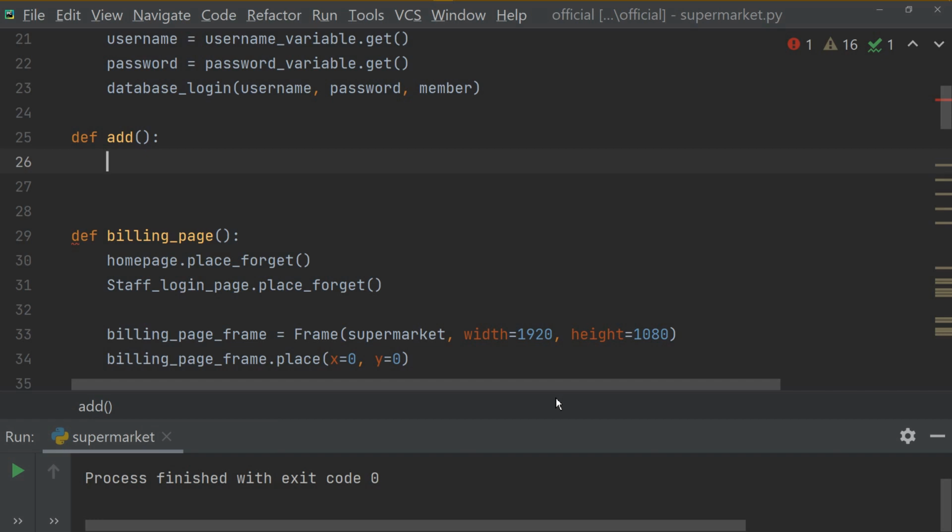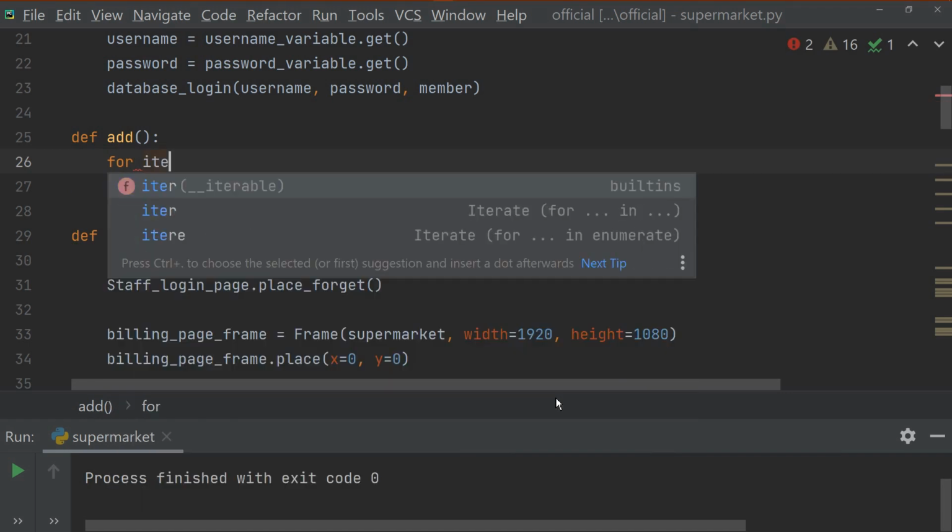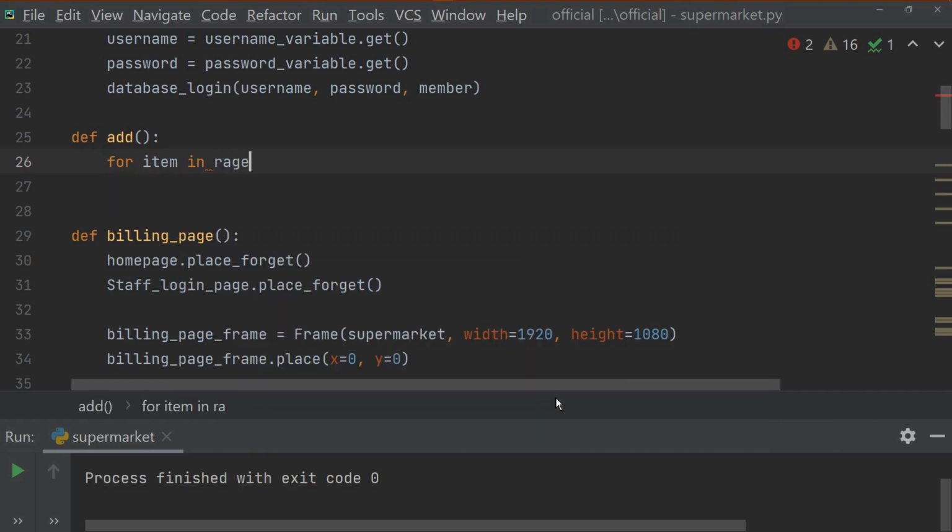So the item header, how will we get it? It's very simple. We first need a for loop to run through a range of items we have created in our items code text widget. So the for loop first runs through all your items to get the specific label. So here I'll say for item in a range of